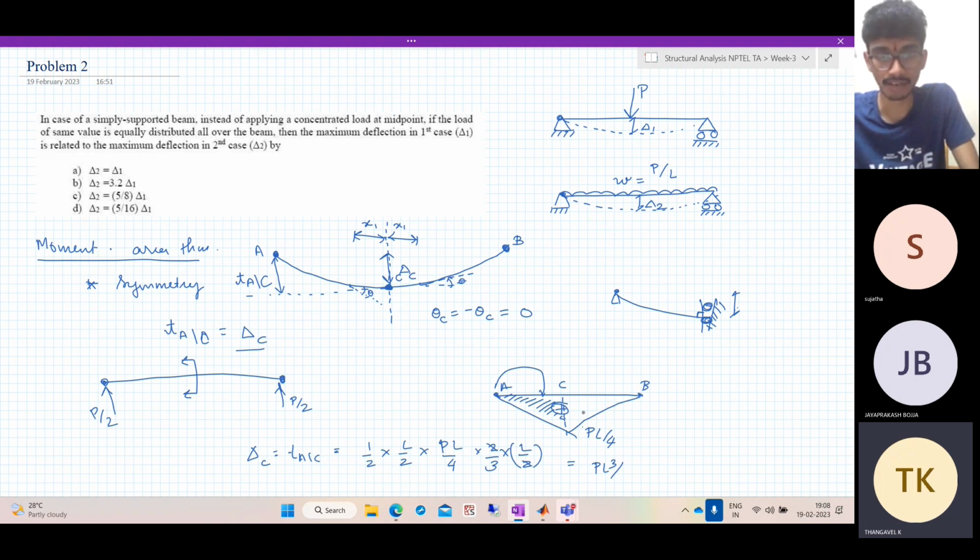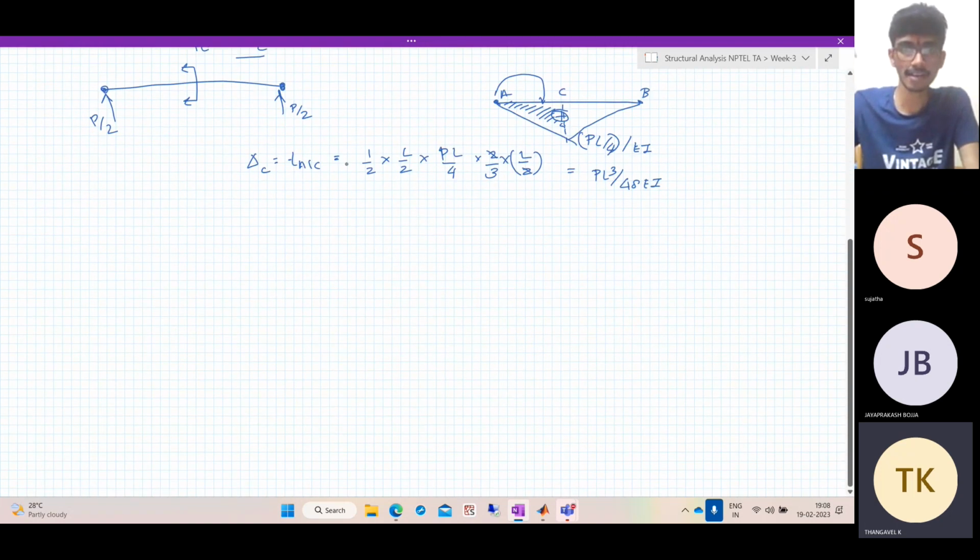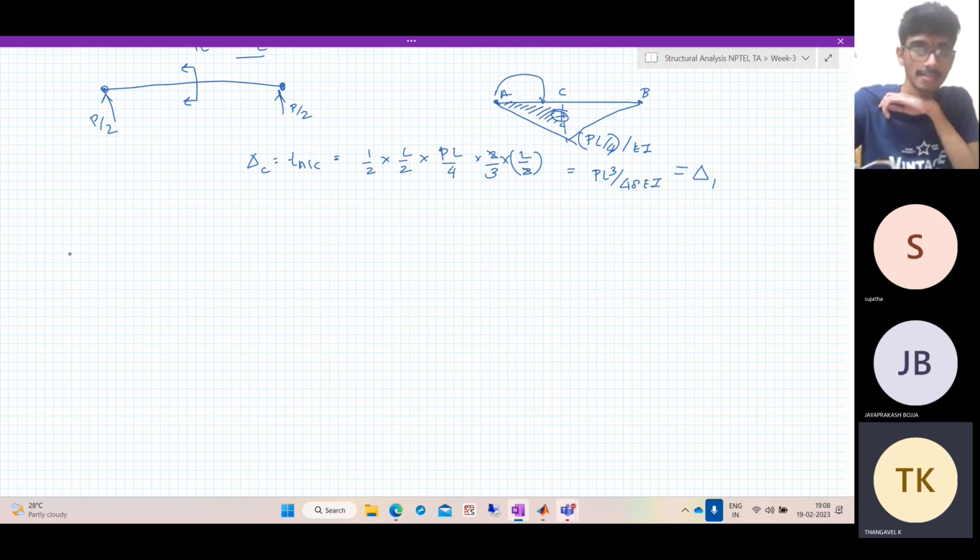You need to take the M by EI diagram, so this will be divided by EI. So there'll be an EI term below. So 2 2s are 4, 4 4s are 16, 16 3s are 48. PL cube by 48 EI. So delta C, this is delta 1. And in the other case,